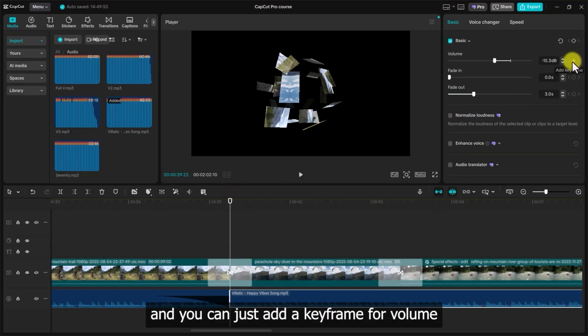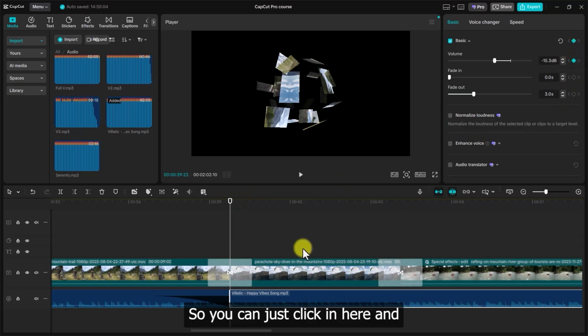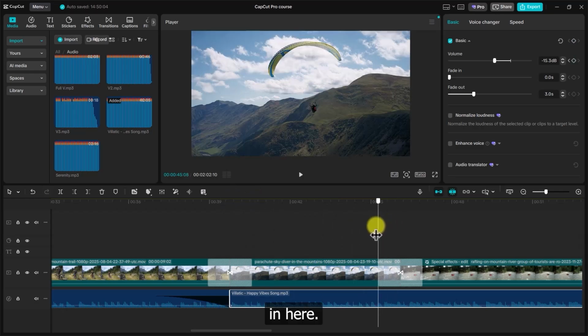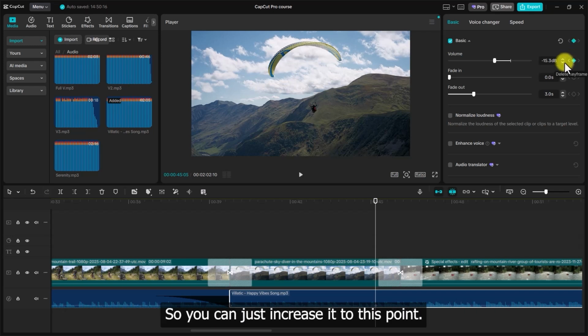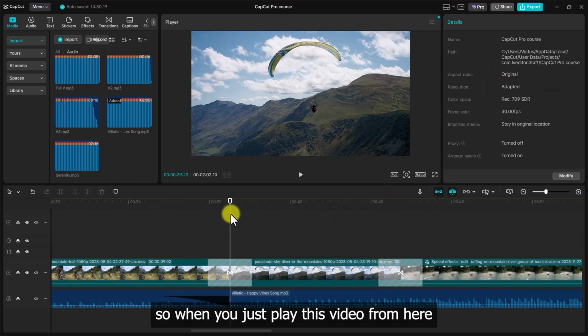And you can add a keyframe for volume, so you can click in here and go back, for example, till this clip in here. And now you want the volume to be a little louder, so you can increase it to this point. So when you play this video from here,